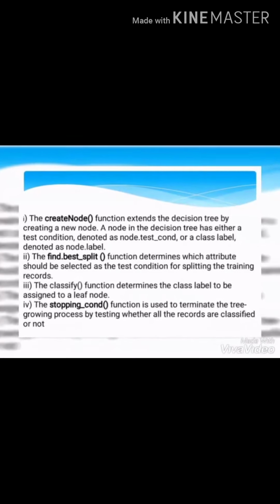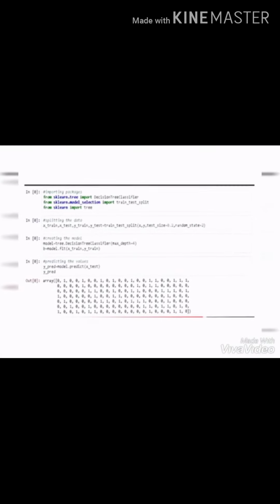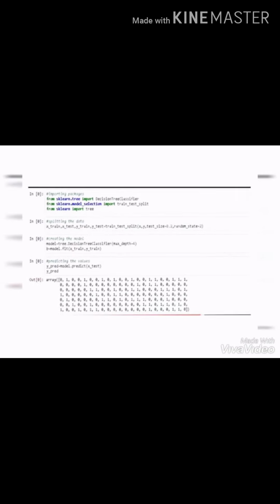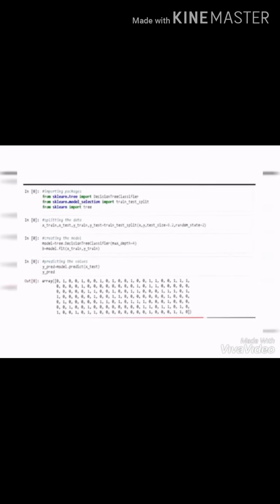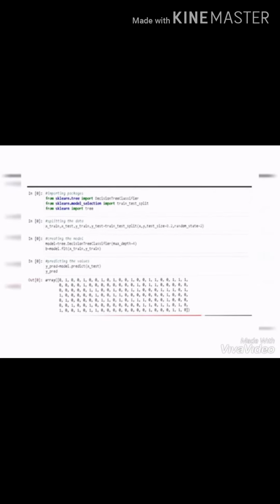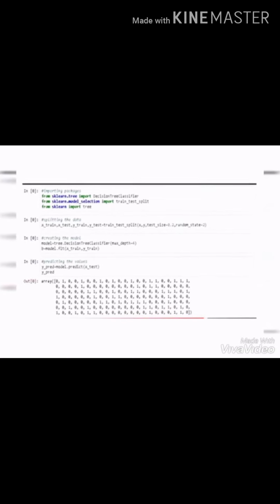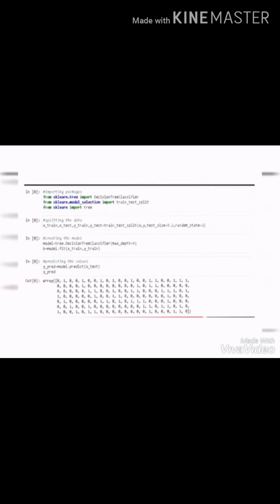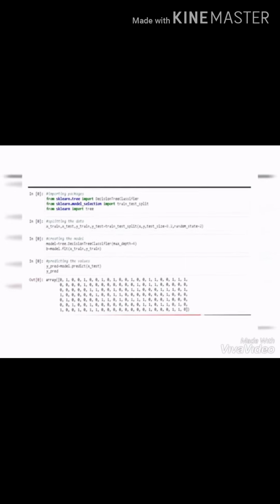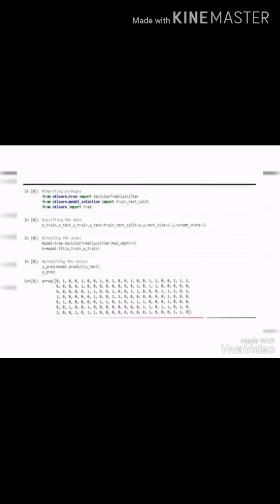classified or not. In Python, we can also use the decision tree classifier from sklearn. That is, our imports are: from sklearn.tree import DecisionTreeClassifier, from sklearn.model_selection import train_test_split, from sklearn import tree.